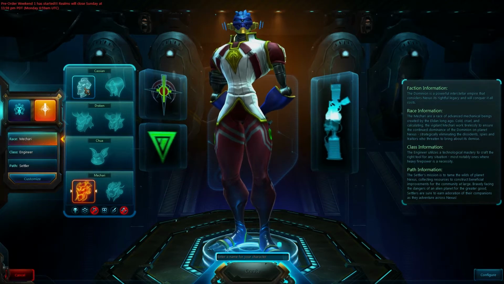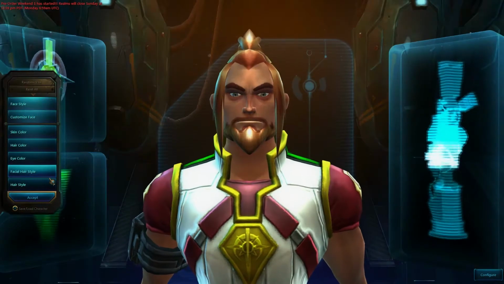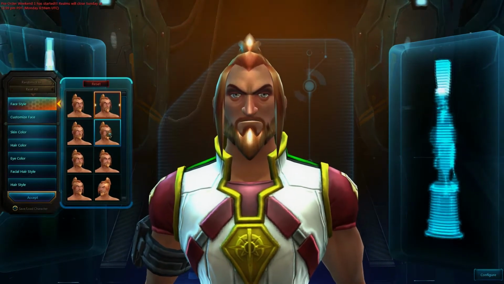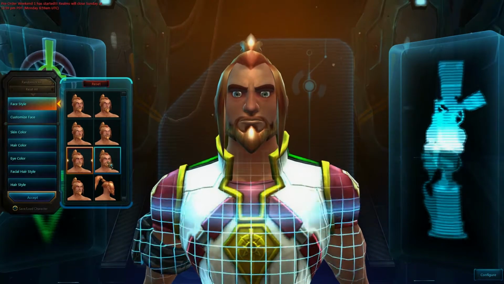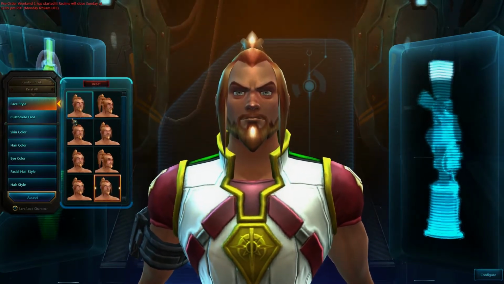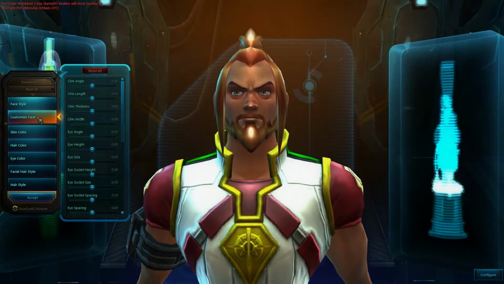On the Dominion faction, your race choices are the Cassians, the Draken, the Chua, and the Makari. We'll start off with the Cassians, the Cassian male that is. We'll get into the customize. He has different face styles. This is sort of a default face style that you start with. Then once you find one that you like, you can hit the customized face